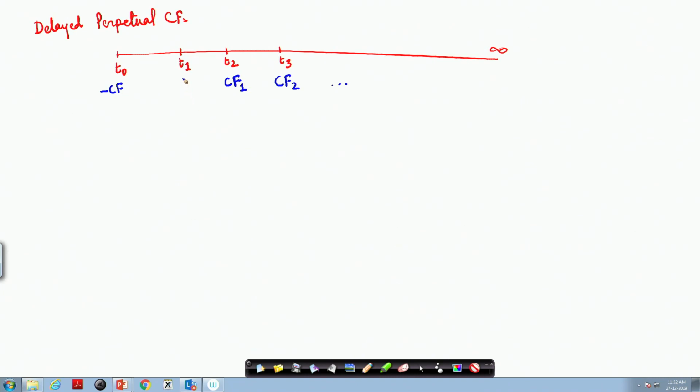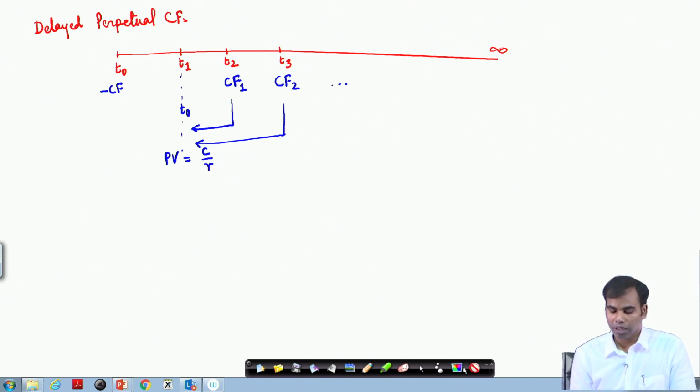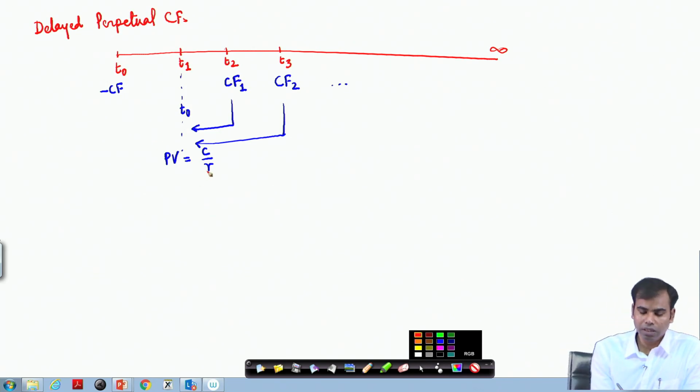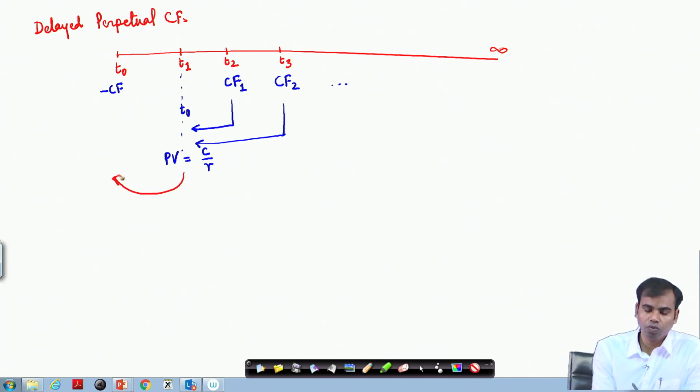In this situation, if we assume that this is our T 0 hypothetically. So, at this T 0, the present value of all these cash flows will be C by R as calculated earlier, and if we try to take this present value back to one more period, which is basically actual T 0, then present value of this cash flow will be